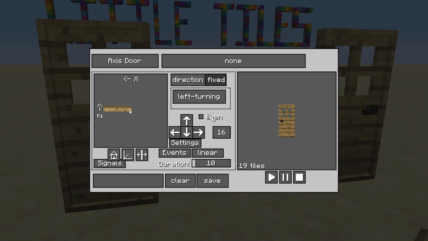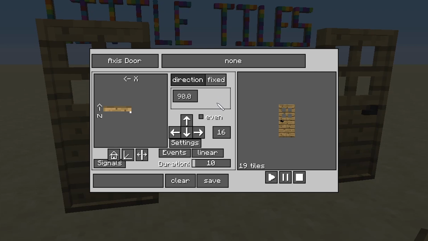And as you can see, our screen is a little bit different this time. The first option you're going to want to change right away is the opening behavior. See where it says direction or fixed right here? Just select fixed. This means that the door will open the same way each time, and it also gives us this handy little box so we can set the rotation in degrees. So right now we're at 90, but if we change that to 360 degrees, obviously the door would do a